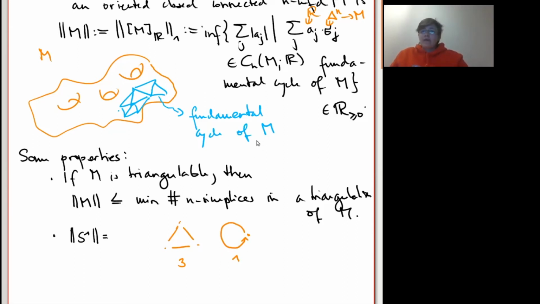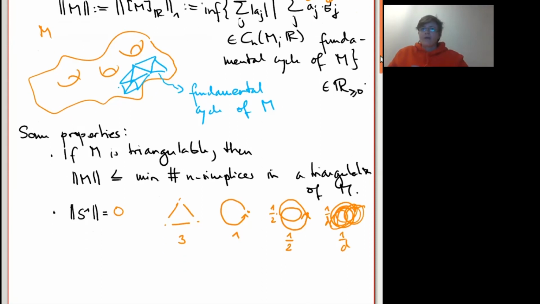But then we have a real coefficient, so we can do even better. So we can walk around the circle twice. Now this is not the fundamental cycle because somehow you meet everything twice. So you should correct this by adding a coefficient of 1/2. In this way, you get 1/2 as the value. And of course, now you can iterate, right? So you can do this, I don't know, d times. So you take 1 over d here, you get 1 over d as the value here, and you see the infimum is 0. So usually you can do much better than triangulations because you have singular simplices. Okay, so